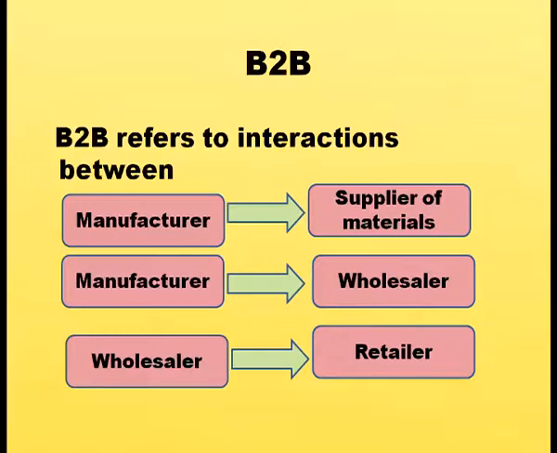Here, it can be either between manufacturer and supplier of goods. Manufacturer and wholesaler can also interact. These are also two business units. Wholesaler can contact the retailers. These are also two business units. Wholesaler is a business unit, retailer is another business unit. So, interaction between wholesalers and retailers, manufacturers and wholesalers, manufacturer and supplier of goods can be included under B2B transactions,